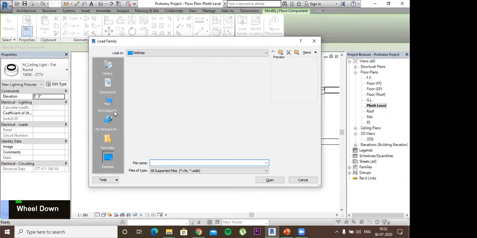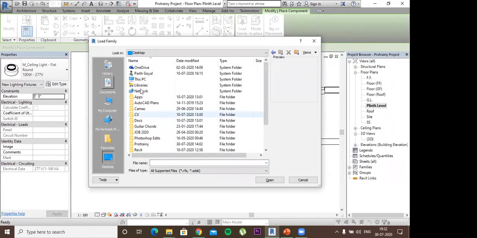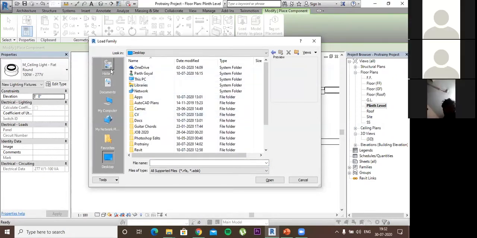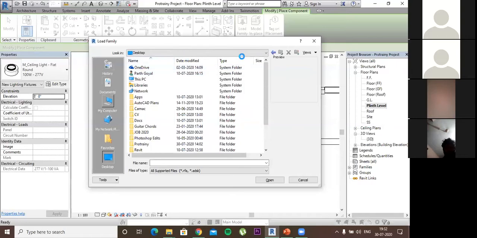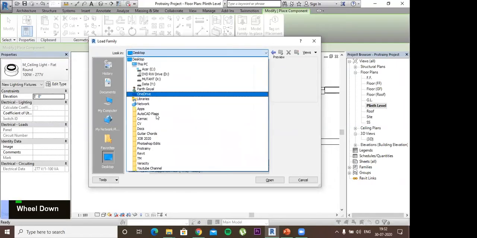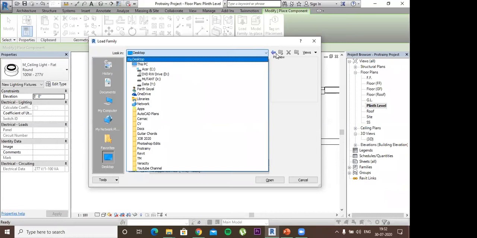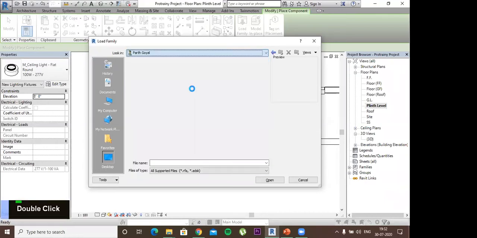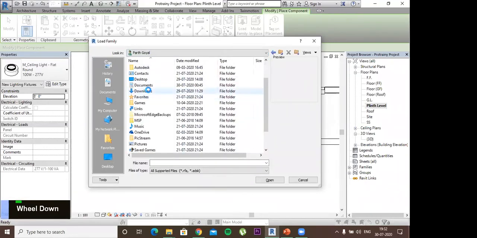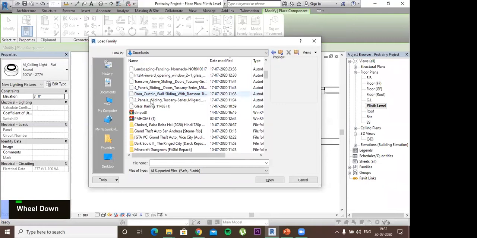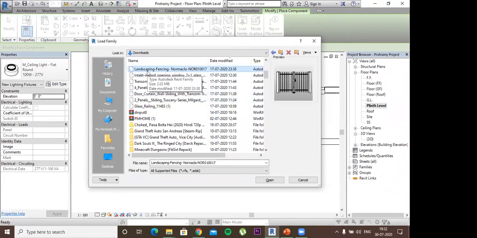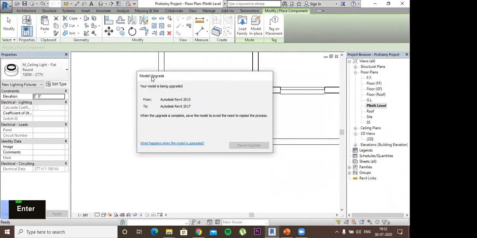So I'll go to desktop, history desktop. I want downloads folder. Downloads. Here I have some already, like this gate I have already downloaded. So I can apply this as my entry gate.